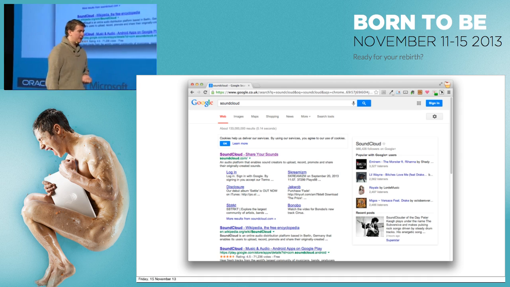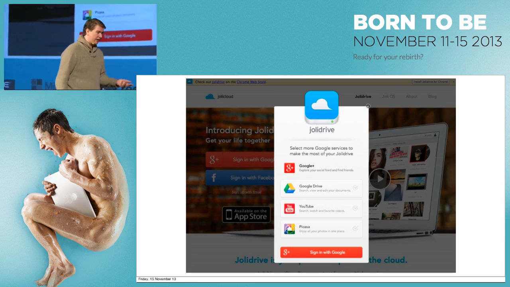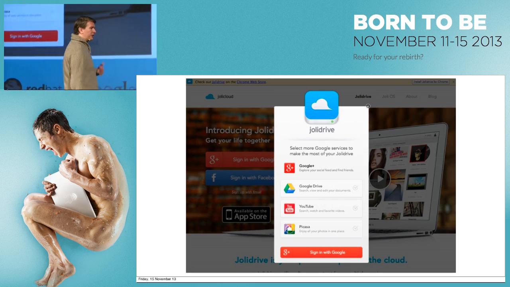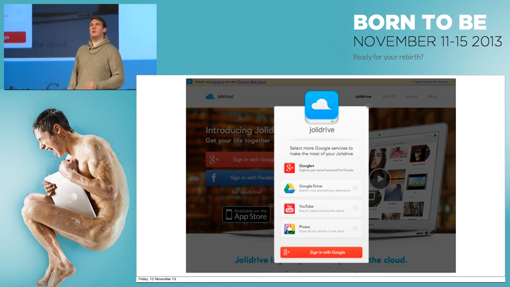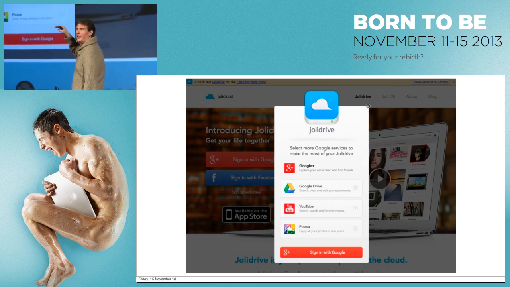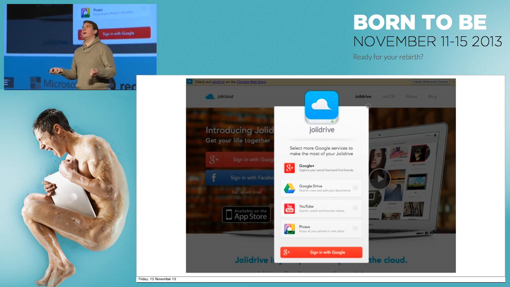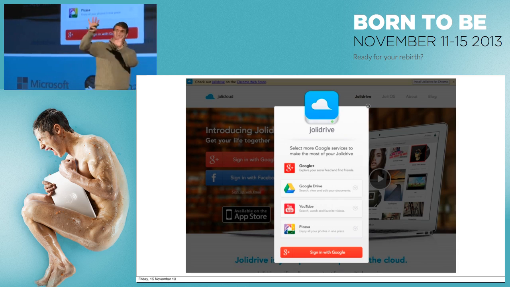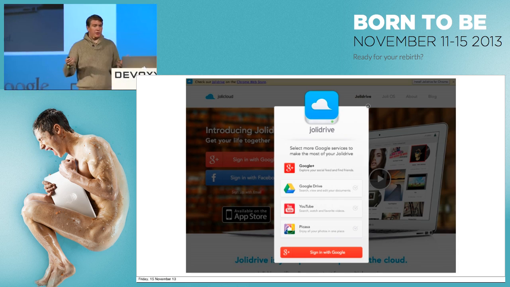You can do basic things, as in the things the APIs were obviously intended for, such as Jolly Cloud. They've got a great example. When you sign in on the web, you sign in with Google+. But at the same time, you can choose to allow access to your Drive or to your YouTube or Picasa or multiple, and then they can pick up on that. Then they can go away and they can access and index that information and make it available through their product, which is a kind of cloud searchy viewer. So that works really nicely.